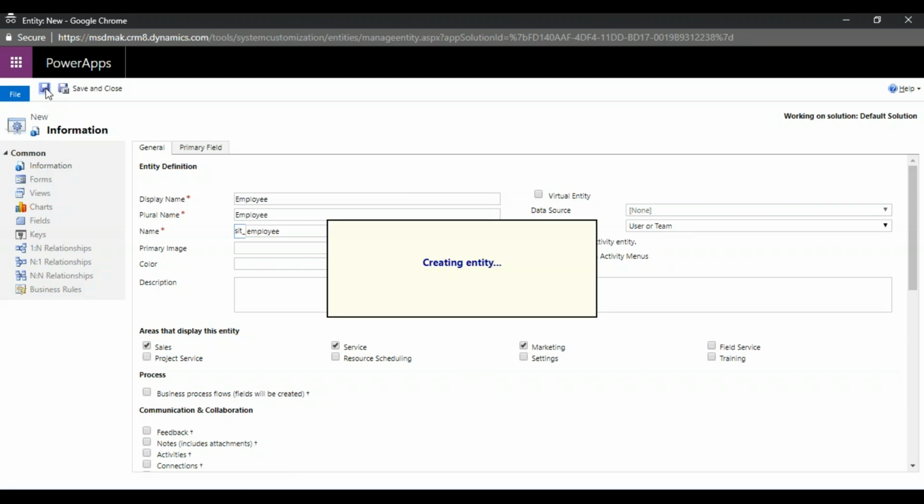So technically, what happens in the background is it creates 3 tables in the database. One is the physical table and 2 are virtual tables. Is this common for all CRMs or only Dynamics CRM? Only Dynamics.